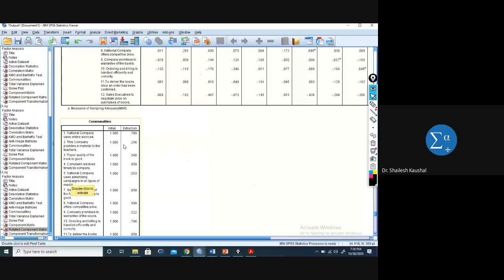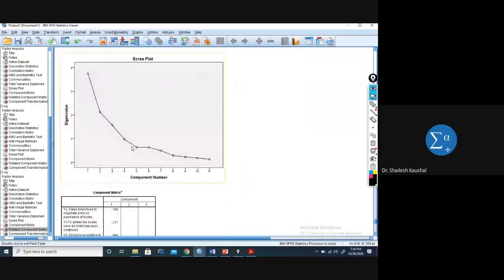You can see this, 0.246. Okay, so this type of variable we need to remove. After suppressing the value, it is already removed from the analysis,